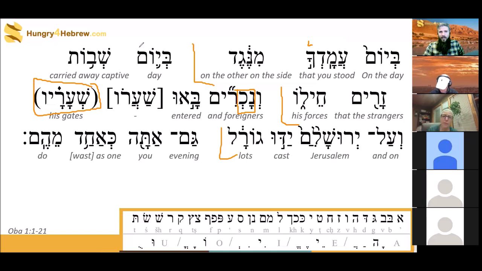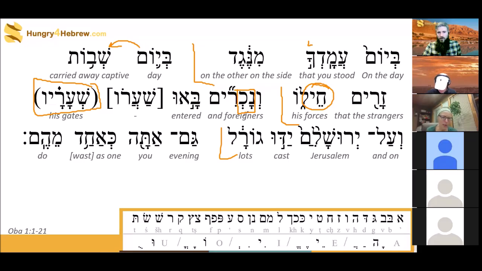on the day of, what is shvot? Captivity. It's the infinitive construct of shin bet yod. Captivity, exactly. So the captivity of zarim. So the zarim are the ones taking captive whom? Chaylo. His might, forces, army. On the day that strangers were taking captive his forces,